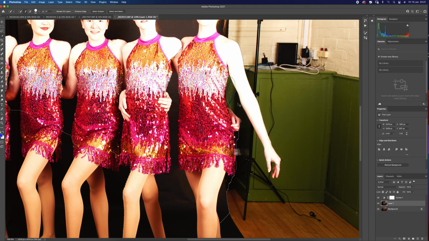But I know that Mina said that she's got a fair few images to do. So this probably wouldn't be the right way for you to do a lot of images, because this could take a while to do. So I'd go around,